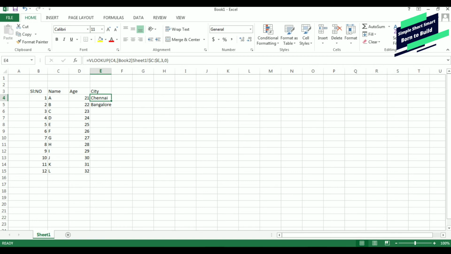You can just go to the bottom of this cell, and when this symbol is shown, click and drag it, so the entire formula gets applied to all cells. This is one of the best formulas to bring details from one sheet to another sheet by having one single reference point. You can use this formula to compare and bring any data from one sheet to another sheet with the help of VLOOKUP.